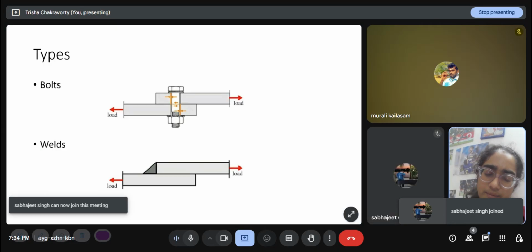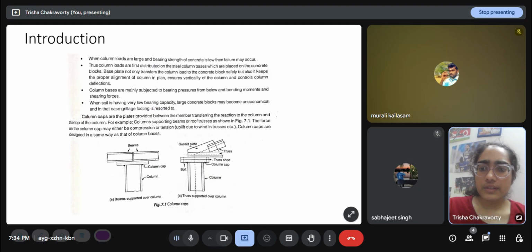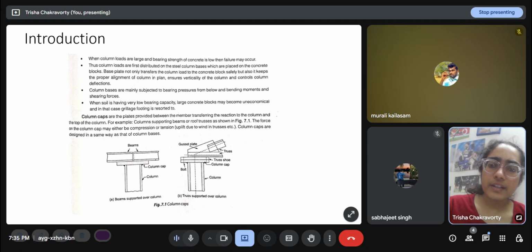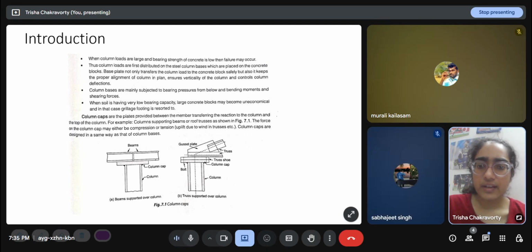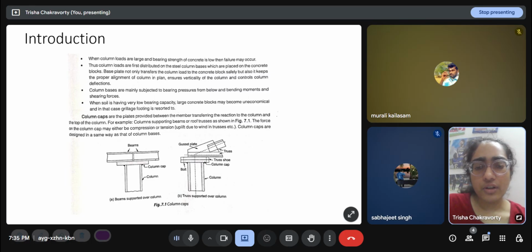Bolts and welds are the two types of connections. We have already seen how they're designed. Now, this is a slab base we are looking at. When column loads are large and the bearing strength of concrete is low, failure can occur, like a crushing kind of failure. Thus, column loads are first distributed on the steel column bases, which are then placed on concrete blocks. The base plate not only transfers the column load to the concrete block safely, but also keeps the proper alignment of the column in plan,